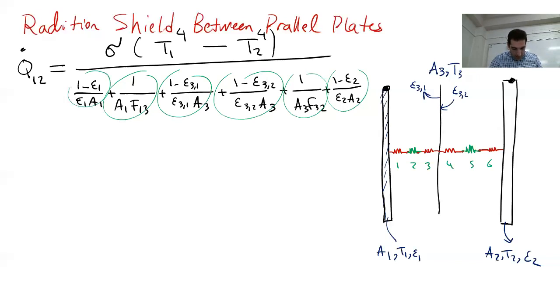Just write some keywords. Figure 21.2, which is this figure, illustrates two parallel plates that are separated by a thin internal shield. So you have to look for the keyword shield for this case. That one is the keyword re-radiating. The significance of the shield thickness is that the thin shield has no mass and cannot store any thermal energy. The significance of being a low emissivity shield is that the corresponding reflectivity is high, so you can reflect. That's a good way for